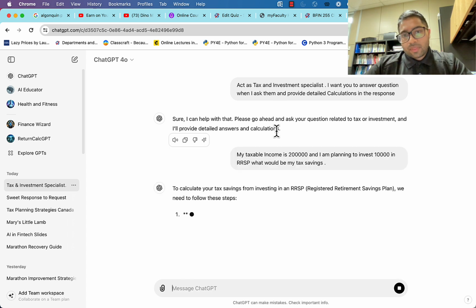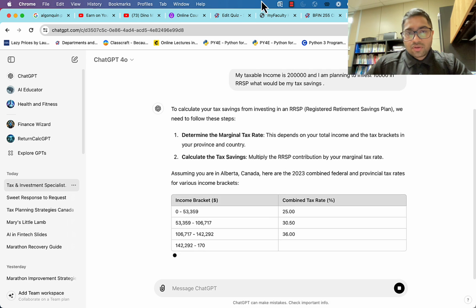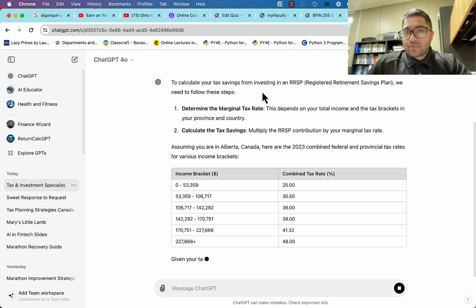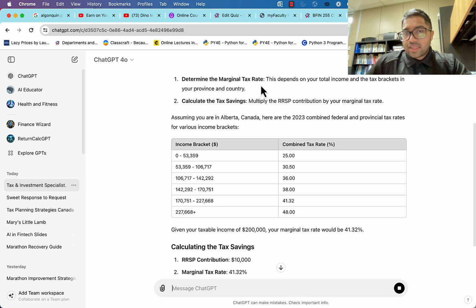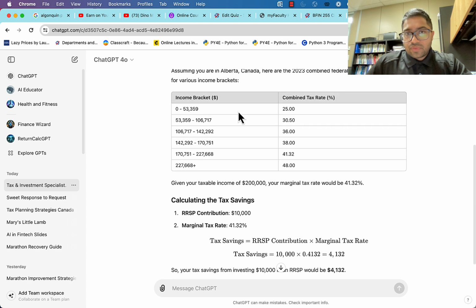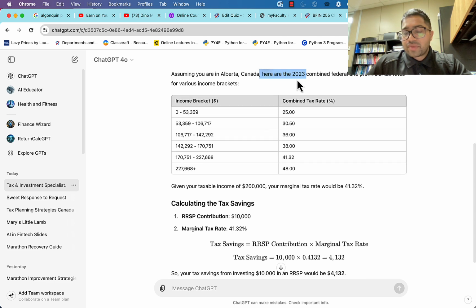So it is giving you what steps to do. To calculate tax savings from investing in an RRSP, we need to follow certain steps. So determine the marginal tax rate, and then calculate the tax savings. Now this is a key important point. The information is based on the 2023 combined federal and provincial tax rate. So the information that it had was based on 2023, and these were the tax rates in Alberta,